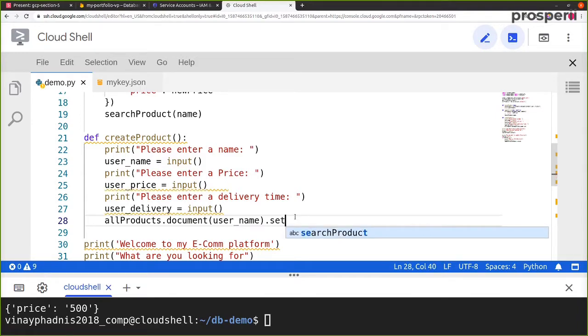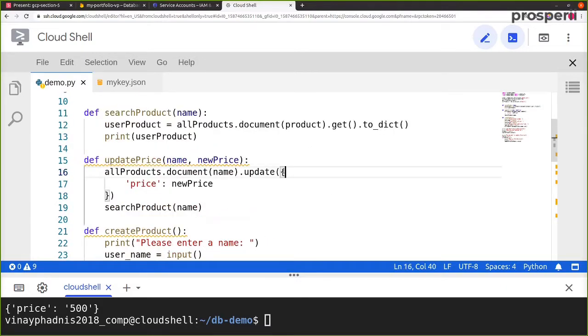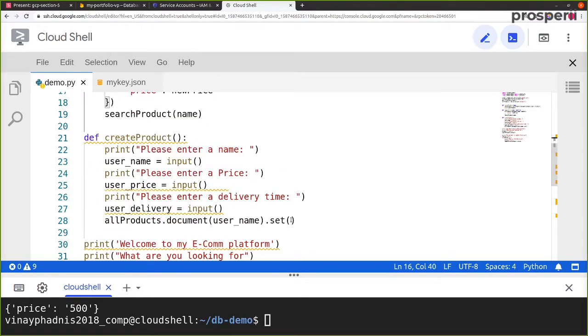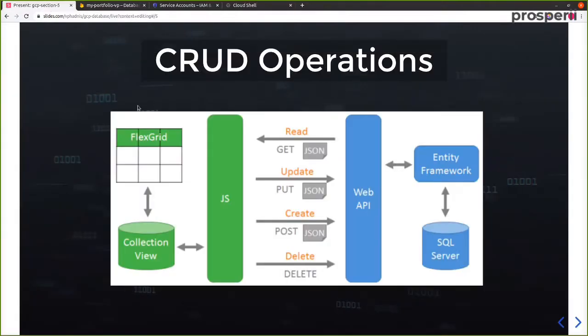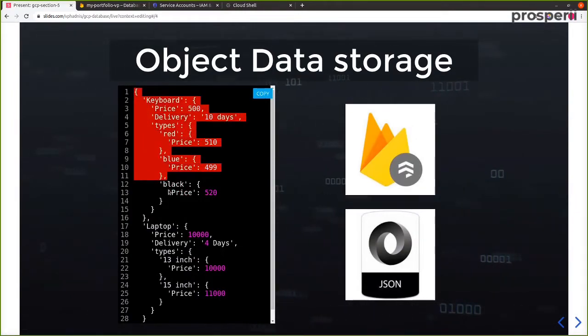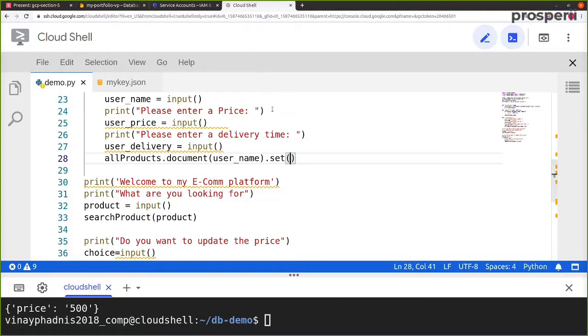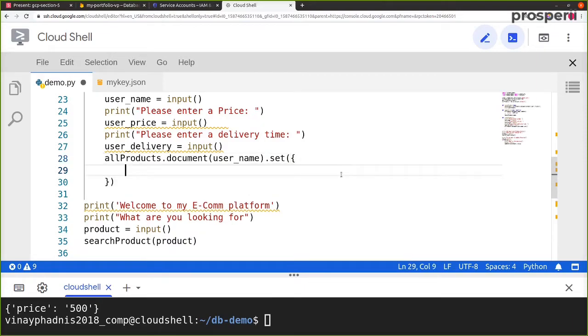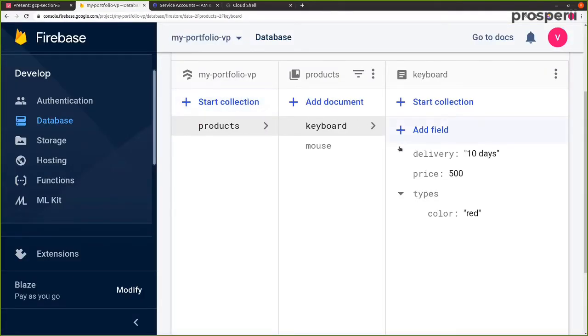So after set, we have round brackets, and now inside set, just like update, we assign a key value pair object. Okay, so to do that, if you look at the key value object again, then this is a JSON object and each and every text is enclosed within curly brackets. Okay, so now let's do the same thing. So over here we have curly brackets, and now on a new line, let's assign some values to it. So over here inside a particular product, we are assigning a price. So the name of this particular variable is price.